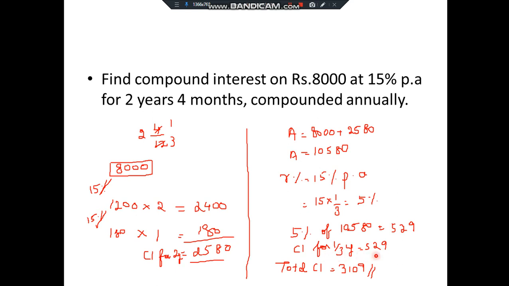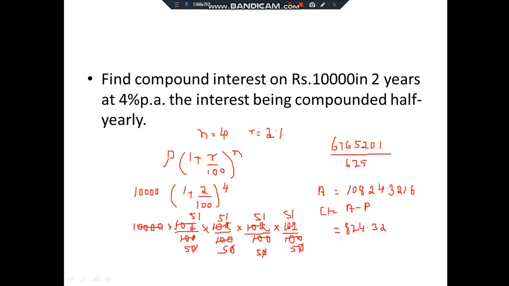So total compound interest you will have to find, right? For 2 years it is 2580 and for 1/3 year it is 529. So when you total it, you get your compound interest as 3109. I hope you understood. Next question guys, find compound interest on rupees 10,000 in 2 years at 4% per annum,